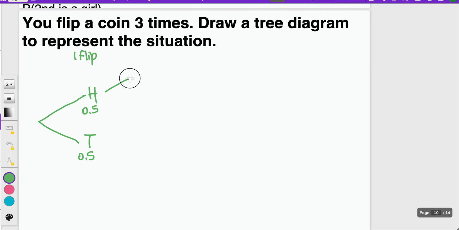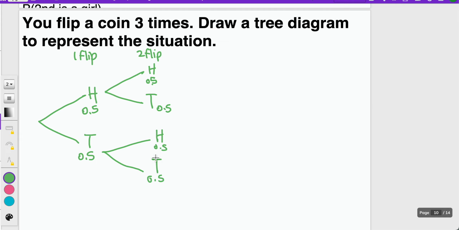Probabilities. Then I flip it a second time. From here, I can again get heads or tails. Both of these are 50-50 chance, or 1/2 chance. If I flip tails first, I can then do heads or tails from that, another 50-50 chance. Okay? And then if I flip it a third time,